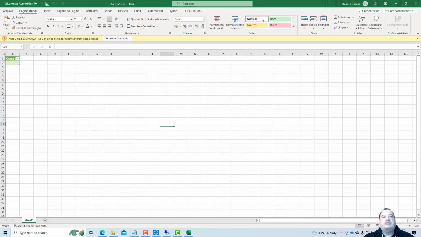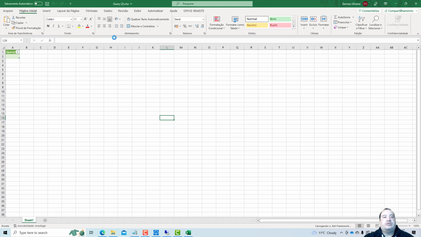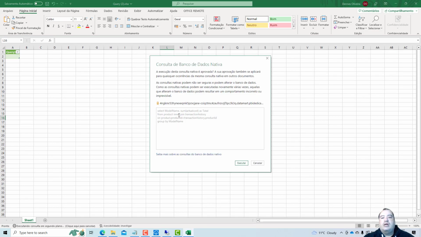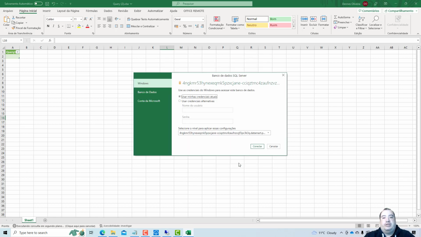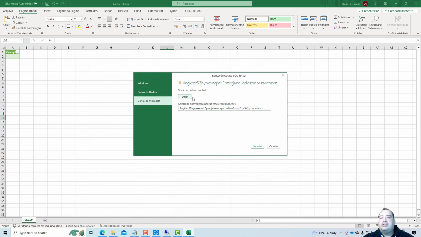Enable edit. Enable the content. And I will execute the query that I built over the SQL database. I need to connect using my Power BI login.